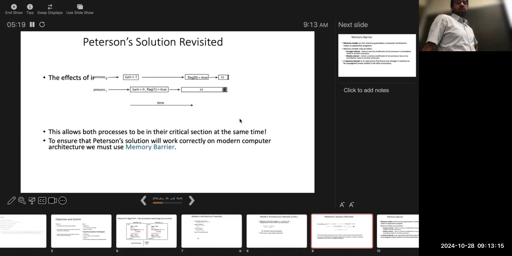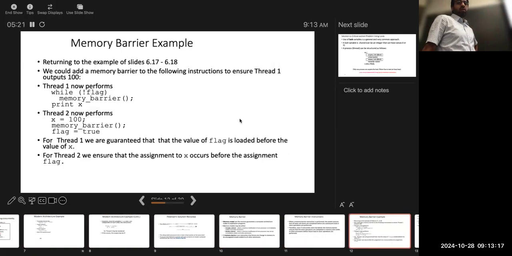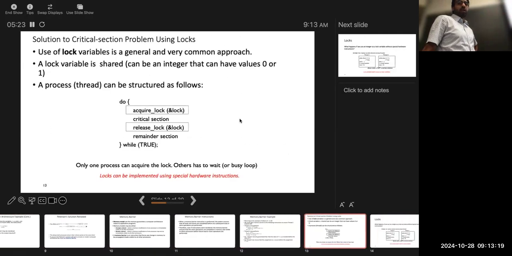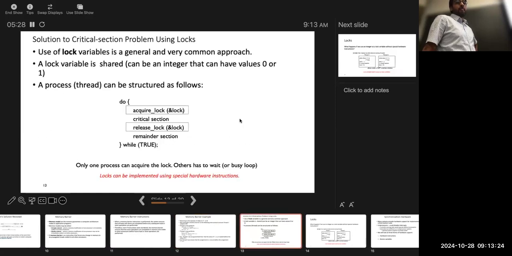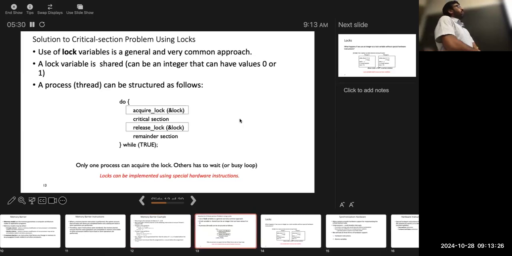So we went through all these slides to understand what is wrong with Peterson's algorithm and why it is wrong, and how we can solve it by using the memory barrier instructions. Okay, so